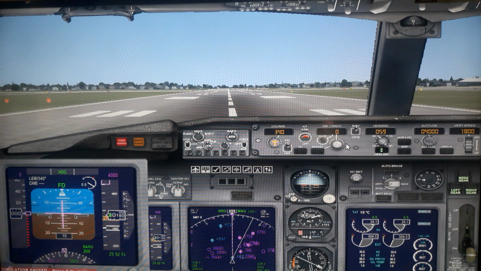Now coming here, this is the indicated airspeed, and this is picked up by the pitot tube and the static port on the outside of the plane. Now we will put the speed at 250 knots. These are in nautical miles, not statute miles. So 250 I will put.